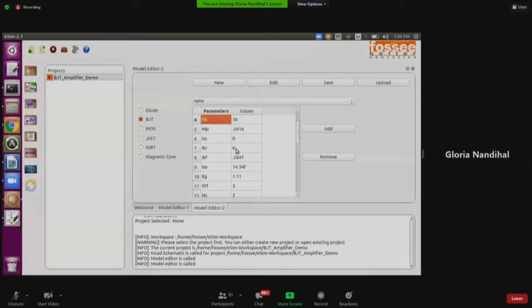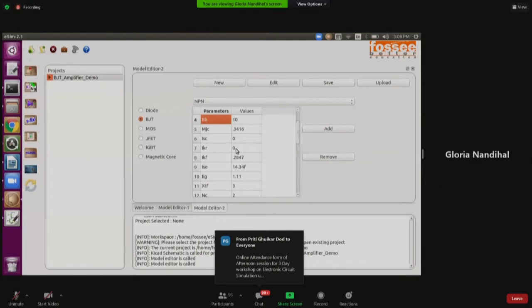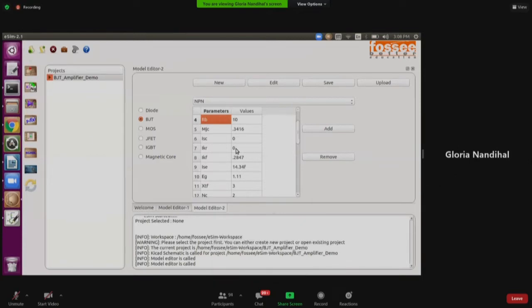Like I said, I cannot see the chat window. Excuse me. Just for practice, can we keep all the parameters as they are, whatever is given there? Okay, no worries. Not at all a problem. If everyone is comfortable, then I'll go ahead. Yeah, it is too many parameters. I can understand. So everyone is done.